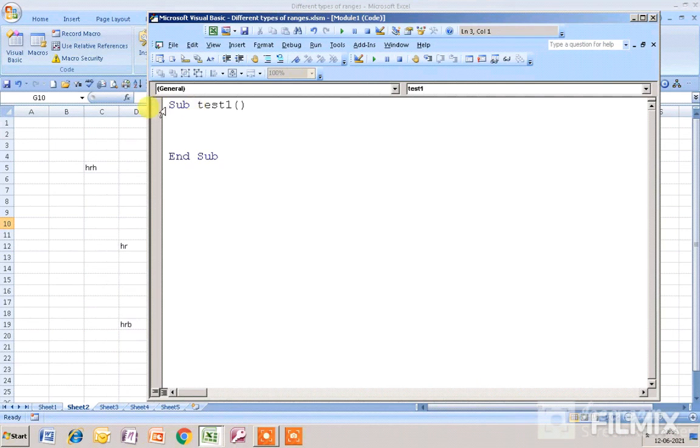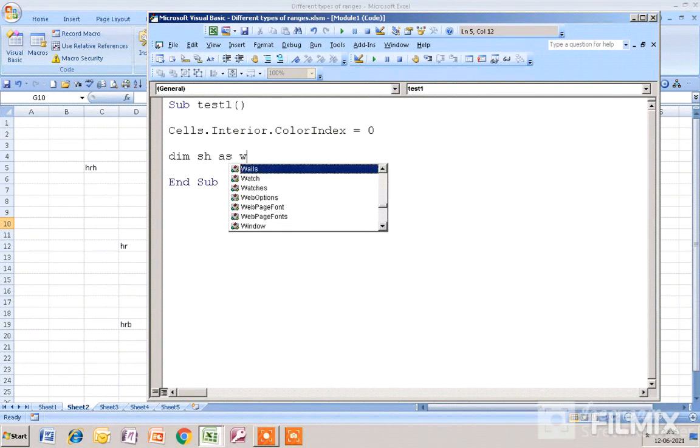first of all, to use the used range in Excel VBA, the code that I have to use is cells.interior.colorindex equal to 0. I make it 0 first. Then I have to give the dimension, Dim sh As Worksheet. Okay.